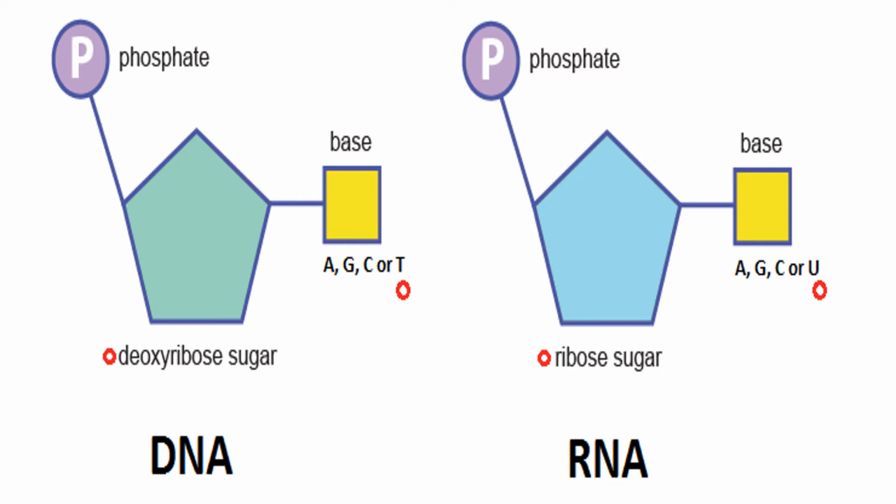You can see here three components: nitrogenous base, deoxyribose sugar and the phosphate. And you will find the difference here as well. In the base, in the DNA there is T and in the RNA there is U. And the second difference is marked with red; you just see the red dots. In the RNA ribose sugar is there and in the DNA deoxyribose sugar is there. So this is the difference.